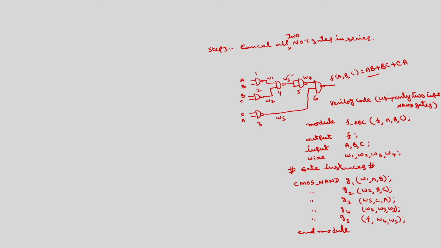So, in total I have given 3 types of implementation. One is using series and parallel gates. Okay. Another is using any number of NAND gates. Third one is using only 2 input NAND gates. So, in this way you can implement any Boolean function, in fact any digital circuit using these NAND gate circuits. Only 2 input NAND gates also you can implement.